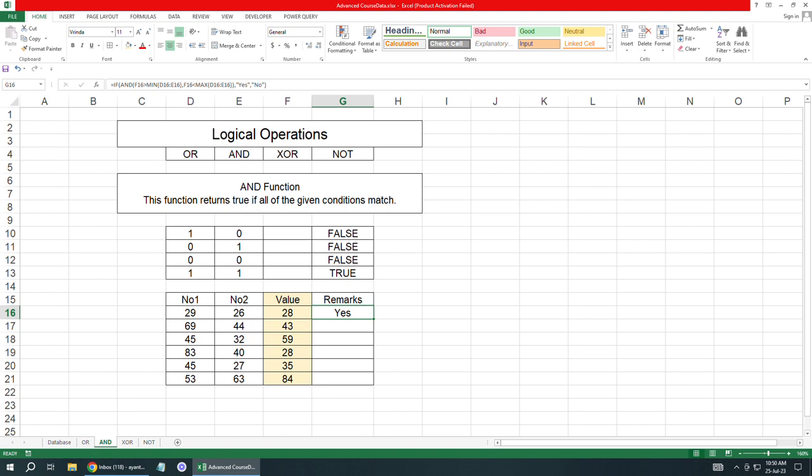So you can see 28 is within the two given numbers, so that's why it is showing yes. And in case of 43 we can see these are out of the range, this is not within the two given numbers, that's why it has written no. And in case of 59 also it is not within the two given numbers, and 84 is greater than both the numbers, so it is not between the two numbers, that's why it has